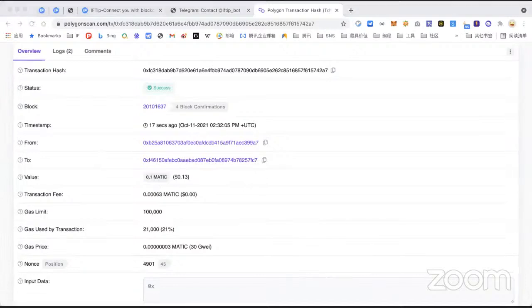Of course, in Discord you can do the same things as in Telegram. For example, help, you can do all of the things listed here. Deposit, withdraw, or tip something, or airdrop red packets to group members.